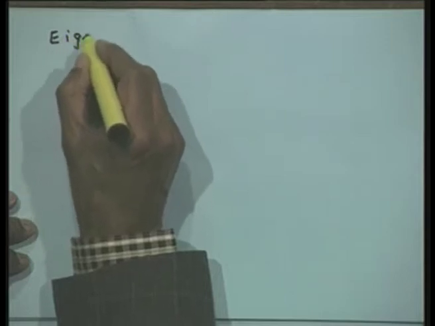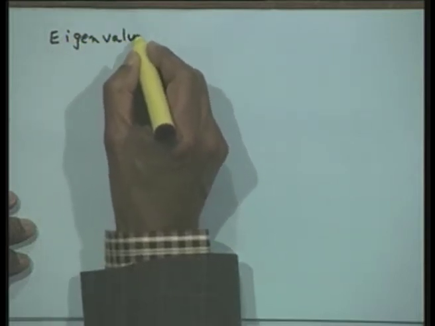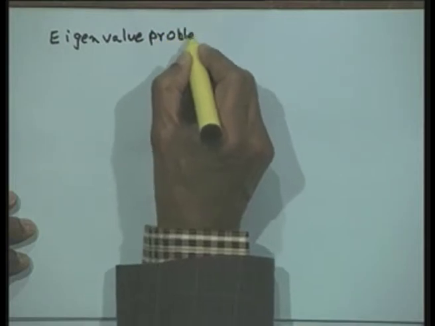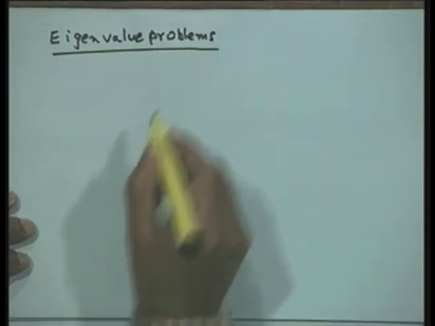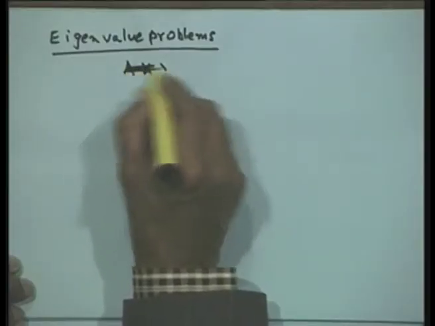Now let us go to the other problem we mentioned, the eigenvalue problems. Eigenvalue problems are also a very important problem in the areas of mechanical engineering, civil engineering and many other areas. They do occur very often. We have given a brief introduction to what the eigenvalue is. Let us just remember what we have done there and a little bit more so that we can use that for finding the numerical methods. So the basic problem is that we have Ax equal to lambda x,